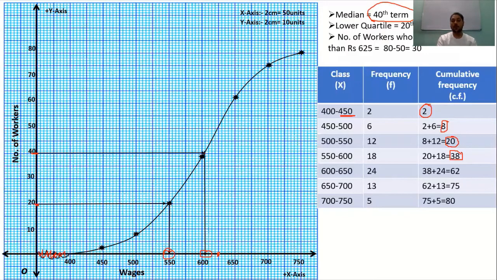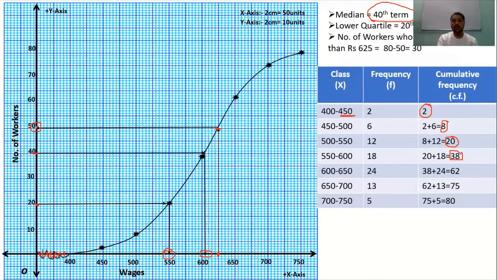For that, we'll draw a line from this side. We'll proceed with the same procedure, but we'll proceed from the bottom here. This line touches the cumulative frequency curve at this point. Again we draw a line parallel to the x-axis, which meets the y-axis at this point. So this 50 point will be your point.